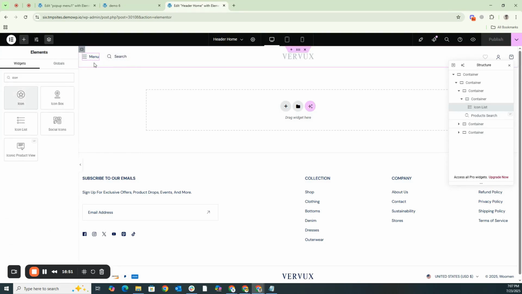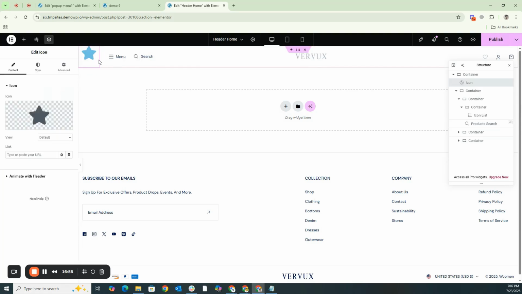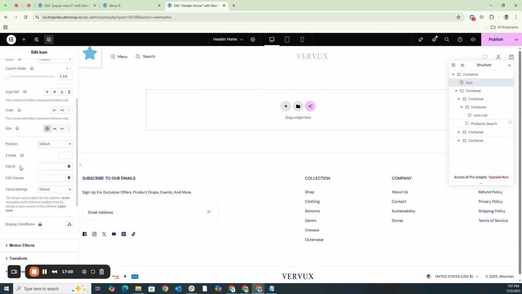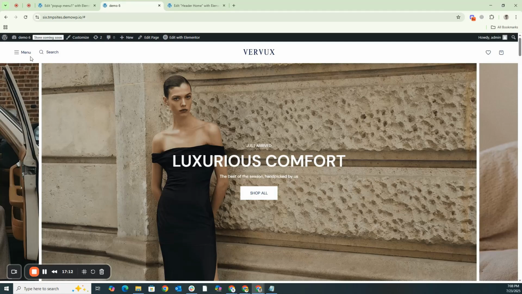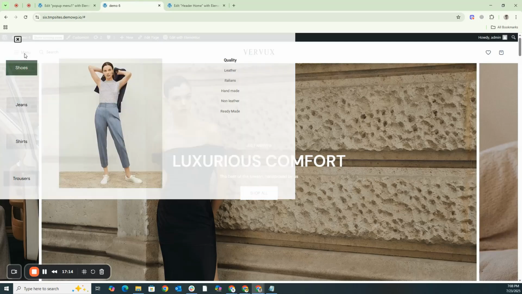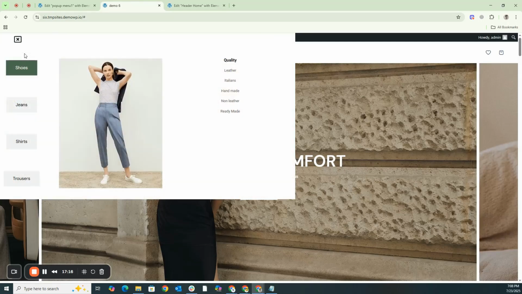Add the new icon directly into the header and then assign the appropriate CSS ID classes or shortcodes to it. This newly added button will then open the menu for you, and any close button you add will also work in conjunction with it. So basically, in this video, we covered how to create a versatile menu and how to assign it to the header of your website.